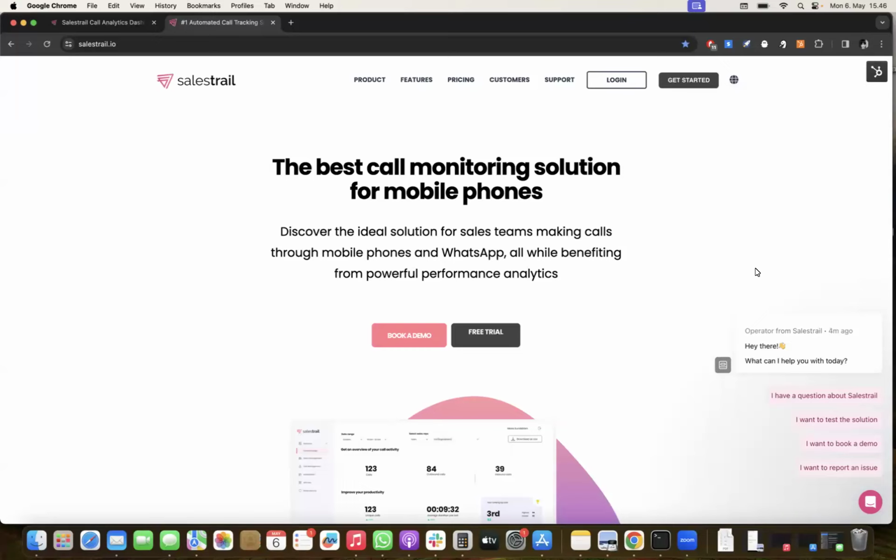So Salestrail is a solution that focuses on tracking and recording regular mobile calls. So we are very different from most solution providers in the market because we don't offer any cloud call technology. We're not a VoIP provider. We're not a CTI solution. What we offer is just a simple app that salespeople download on their mobile device that then helps track and